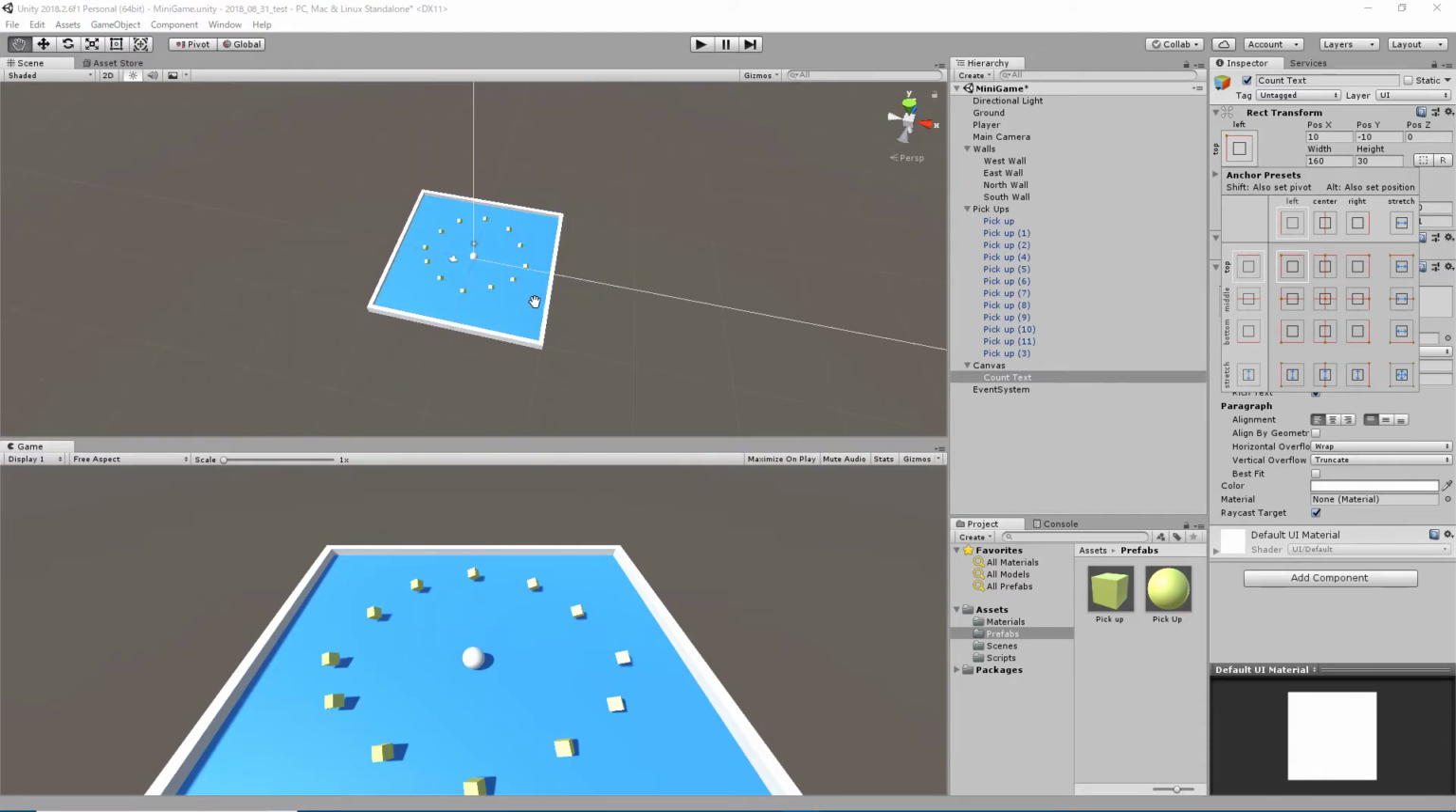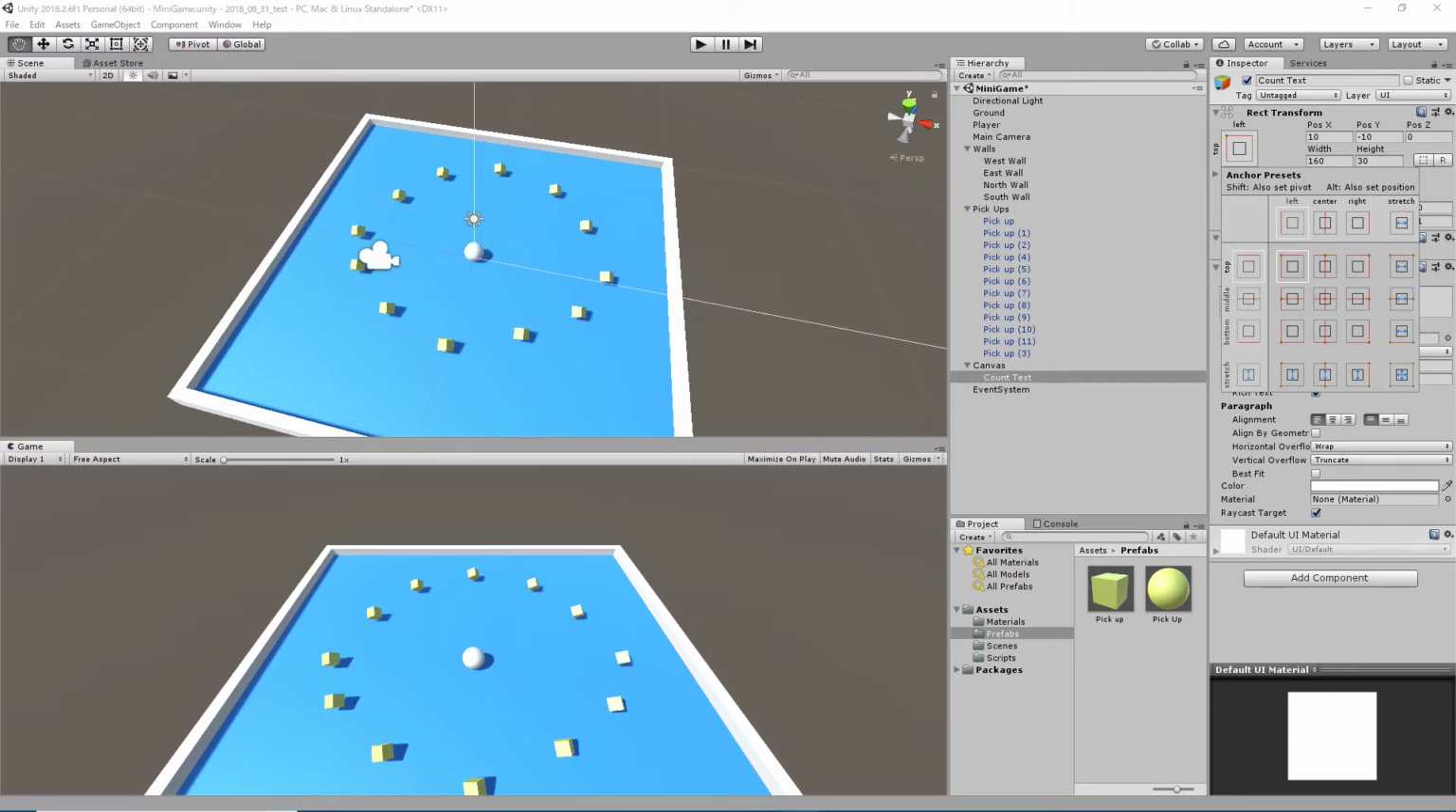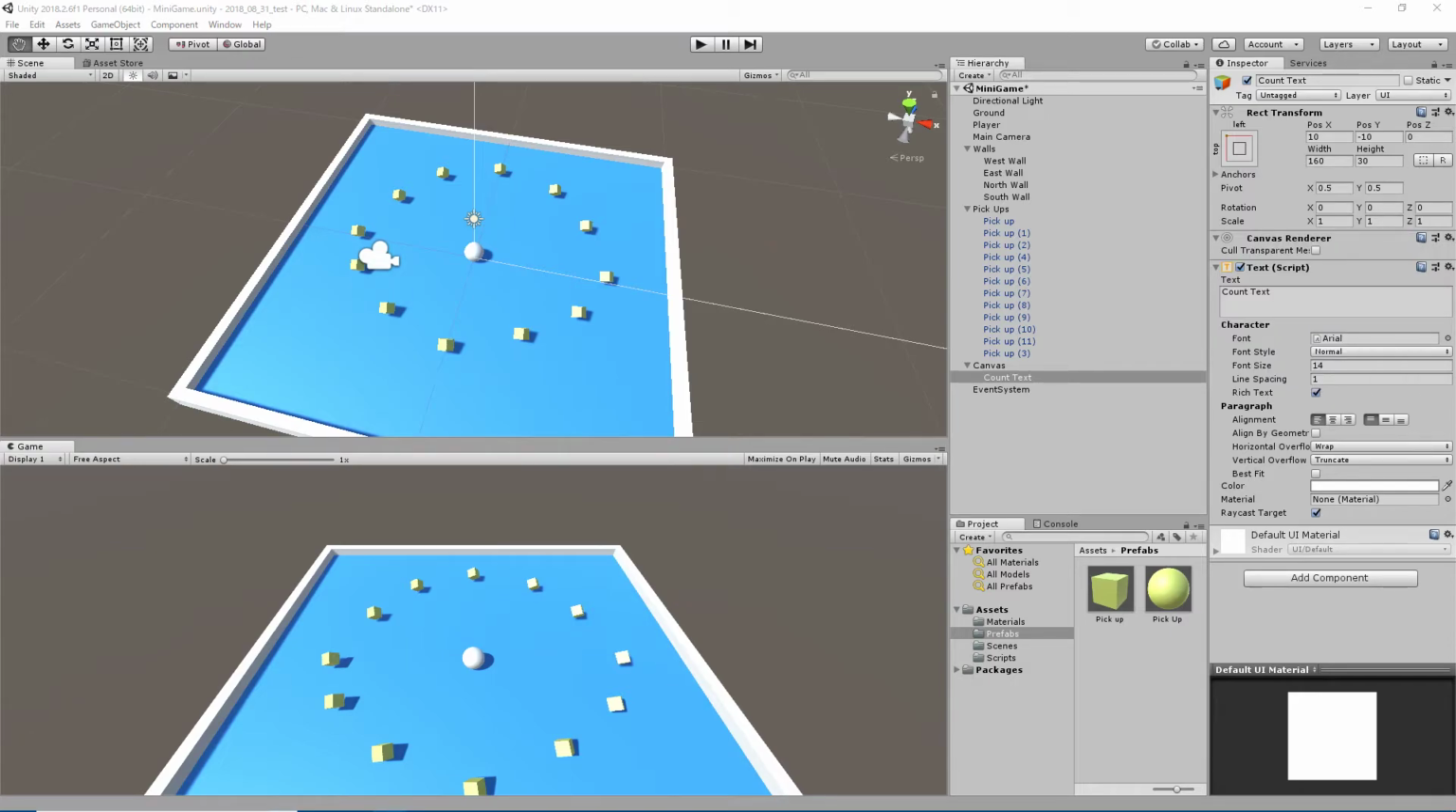The details about the UI toolset are held in what's called the